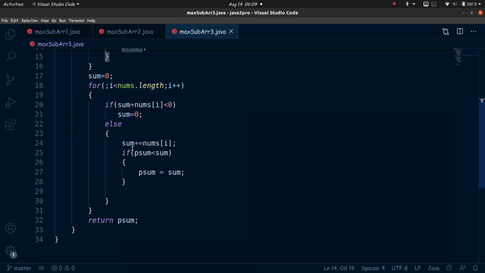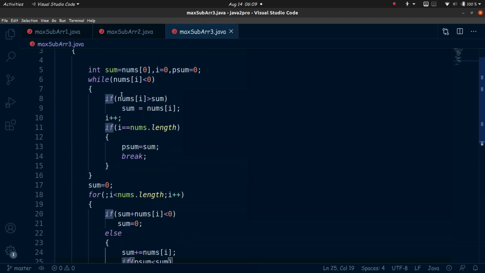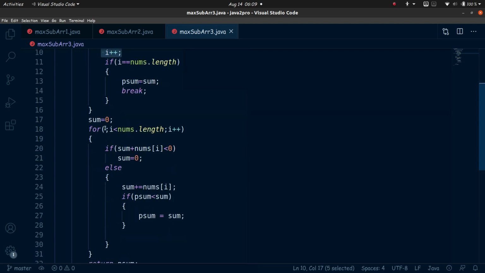Now once we get to the rest of the array, this I was incrementing, and it will lead us to the first non-negative element at the start of the for loop.